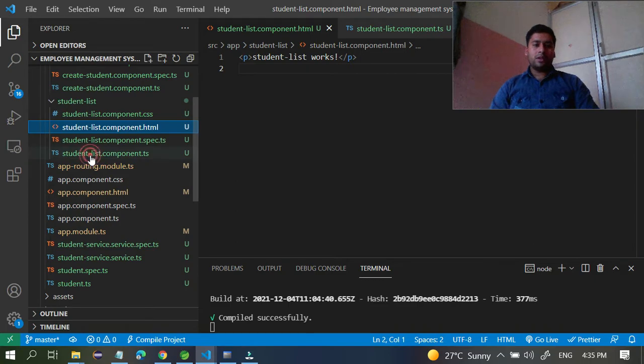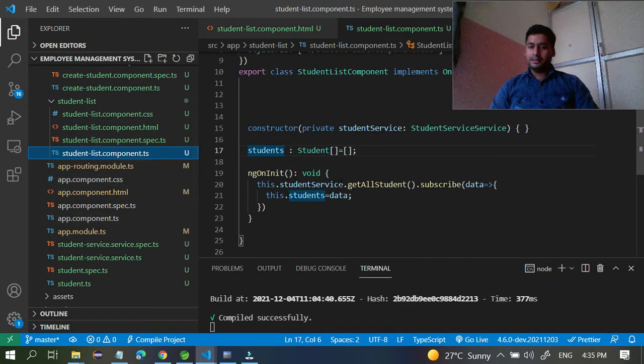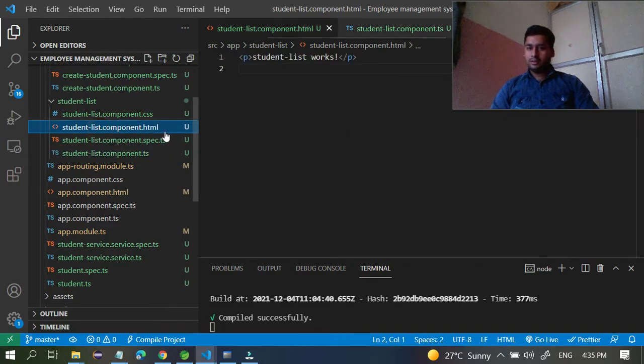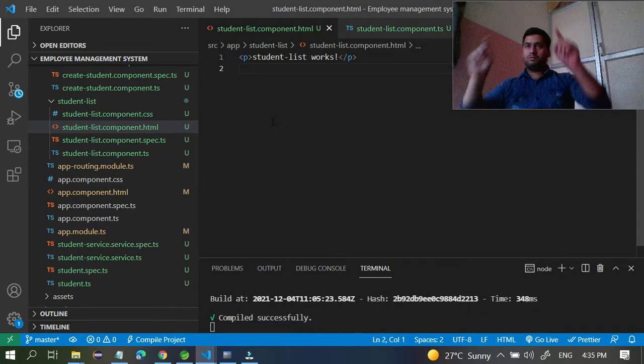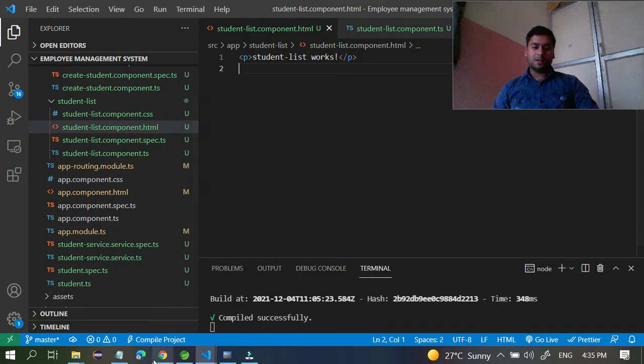Now data is available in this section. You want data in HTML. Right now it's not available in HTML. If you want to display the data in a table format, you definitely want one format.